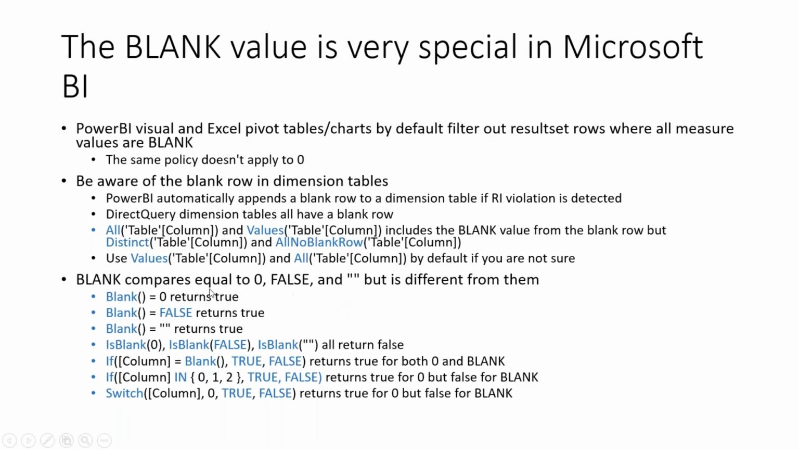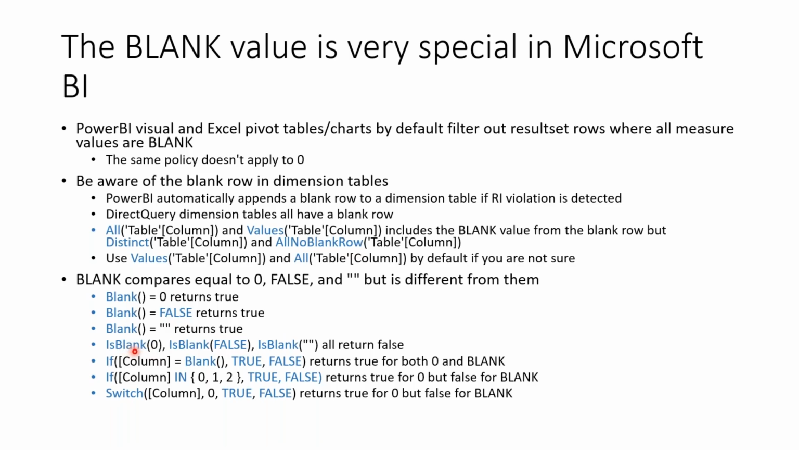So if you use the equal comparison operation, many things will return true. For example, if you write if blank equals 0, it will return true. But of course, people don't write this. People say if column equals blank or 0, and some people are surprised by the fact that both blank and 0 actually return true. And similarly, if blank equals false, it's also true. Blank equals empty string, also true. And